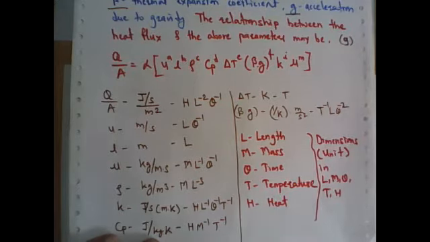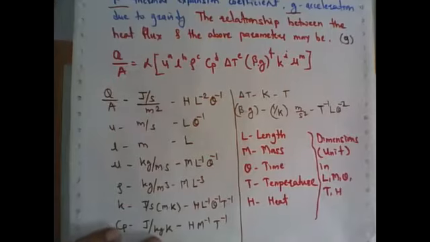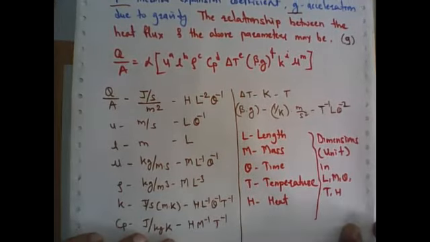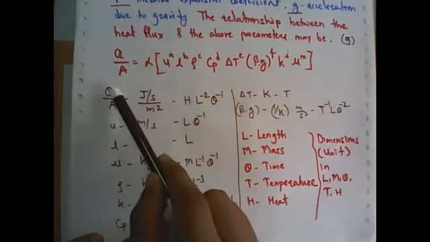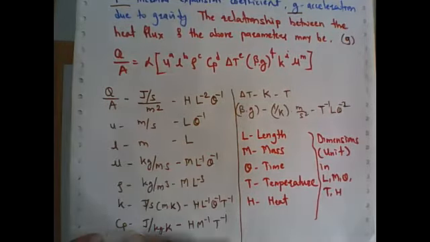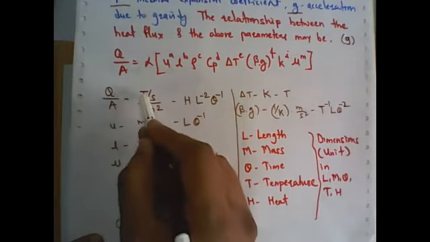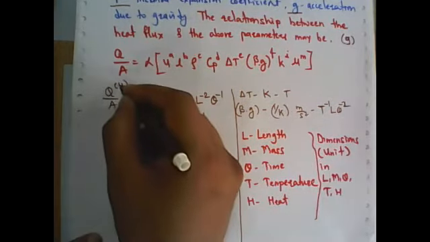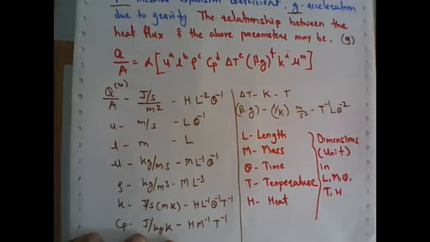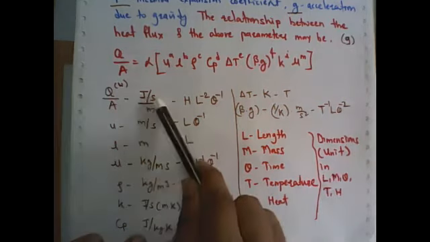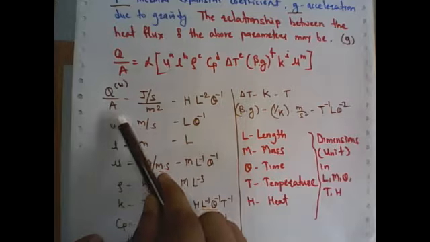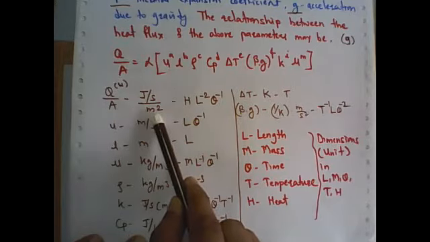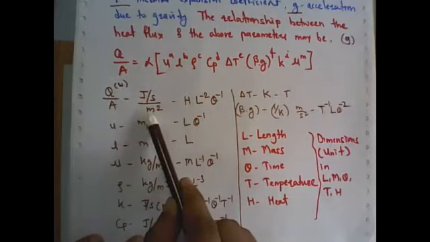Now first of all, the basic requirement for the dimensional analysis is that you must know the units of each and every term. Say for example, this is Q by A. So the unit of Q by A is what? So this heat is in terms of watt or it is joules per second, right? So normally we use this watt unit. So that watt is nothing but joules per second. Now the unit of area is meter square, right? So joules per second per meter square.